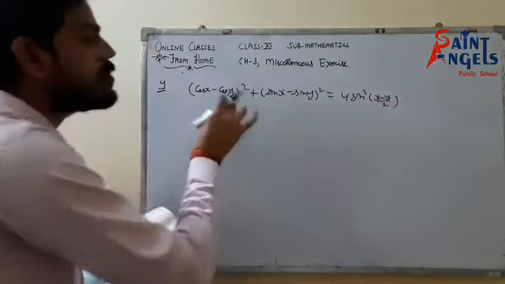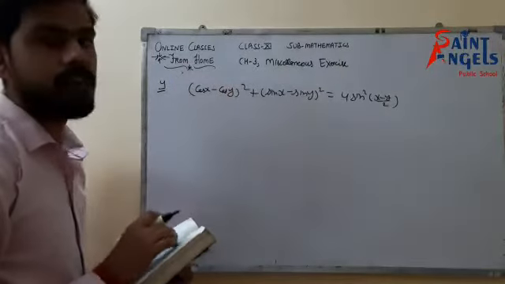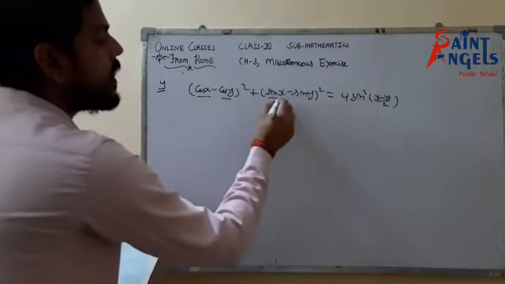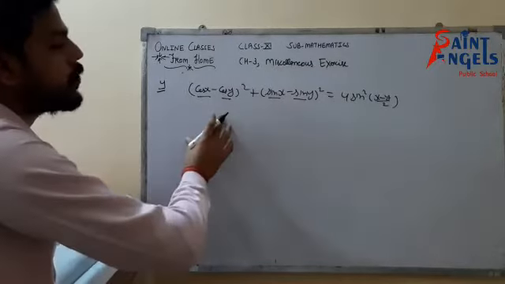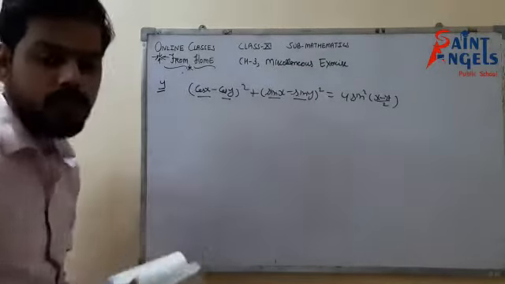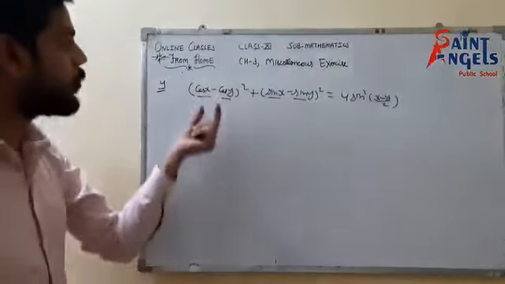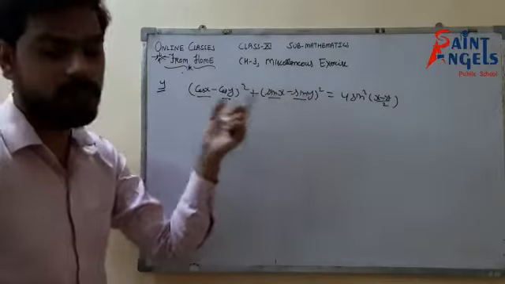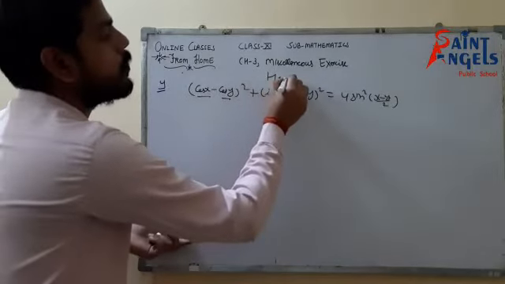This question is exactly similar to question number 3. First of all you have to put the formula of cos a minus cos b, then sin a minus sin b. You'll get something in common and you'll get this. So I hope you can solve it. I'm just giving you a hint that you have to put the cos a minus cos b formula over here, the sin a minus sin b formula over here, and you'll get the answer. This is your homework. You have to do it by yourself.